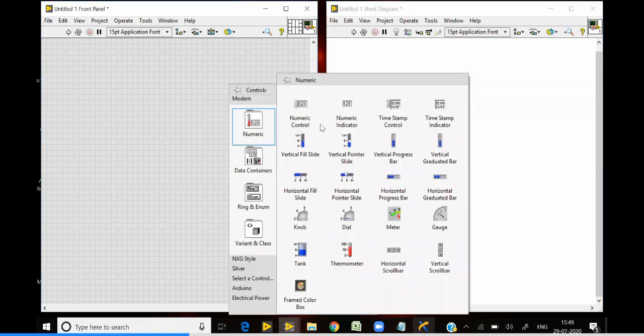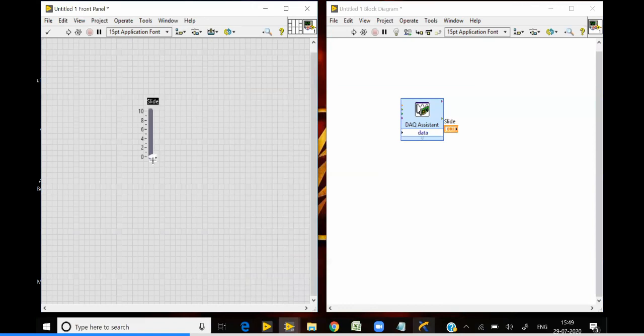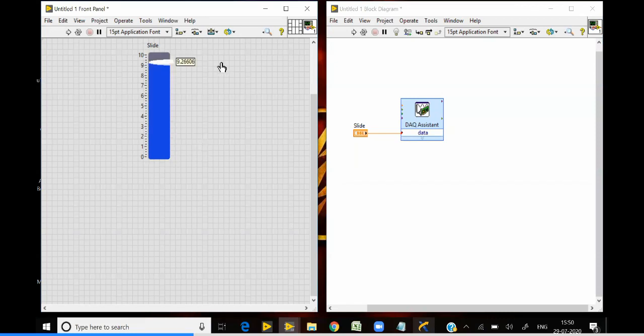If I take a vertical pointer slide, this one is from 0 to 10. If I connect it to this slider, when I run the program I can give a voltage value from 0 to 10. When you keep it at 5 and run the program, 5 volts will be generated from the AO0 of your DAQ Assistant.